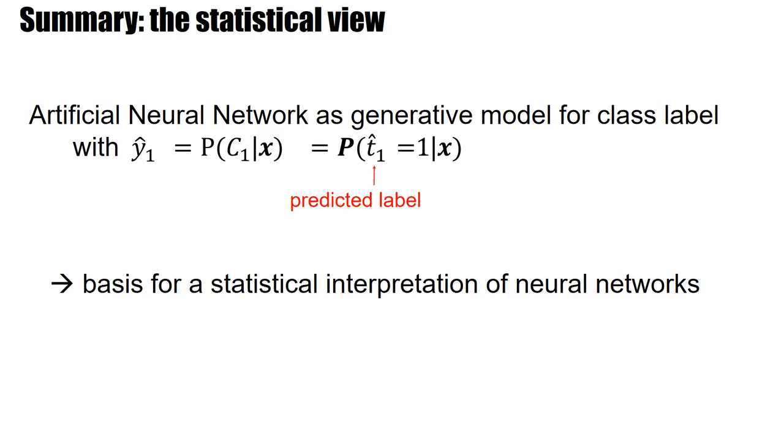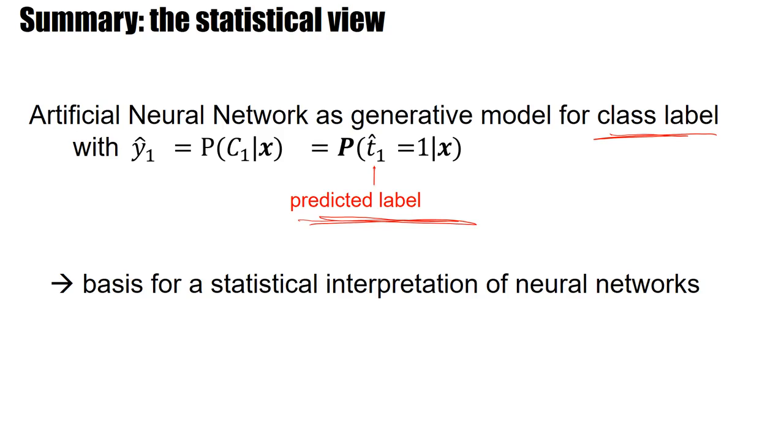So the statistical view requires that we consider artificial neural networks as a generative model for class labels. And so we have to add this extra module. We don't have to implement it in a simulation, but just conceptually, we have to add this extra module to say the neural network predicts a label. And this is the basis for statistical interpretation of neural networks,